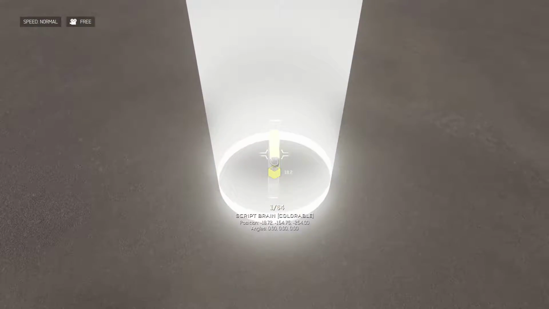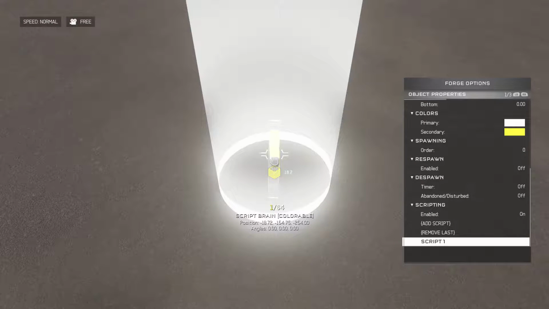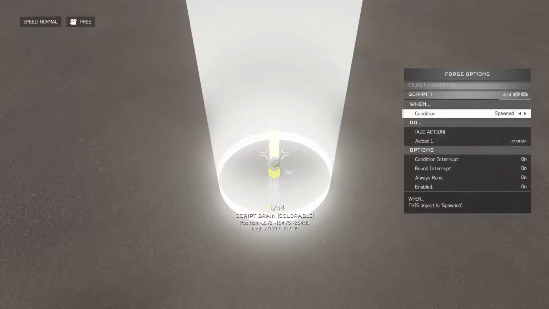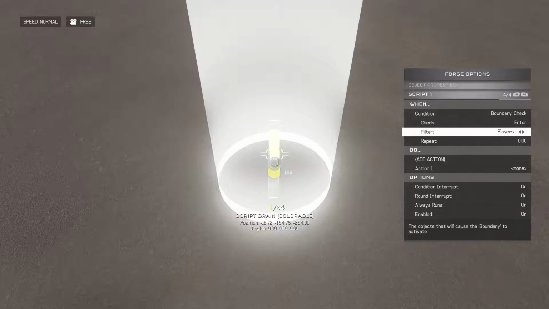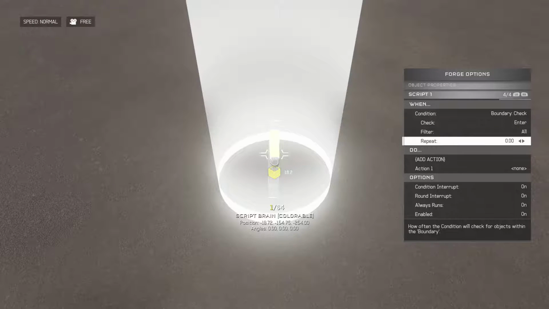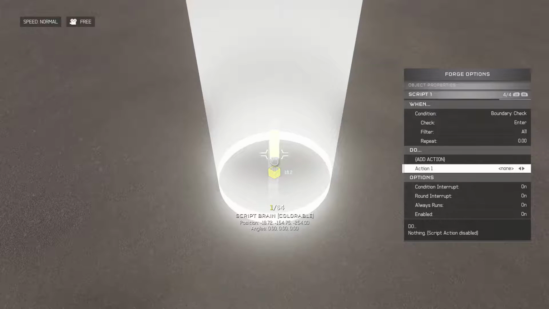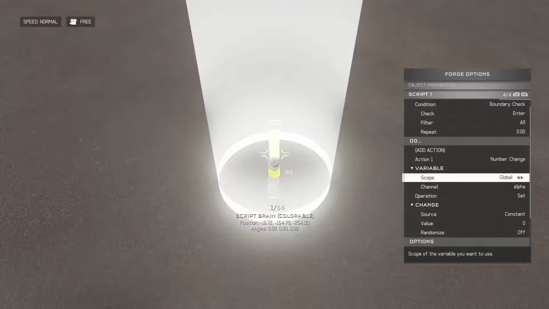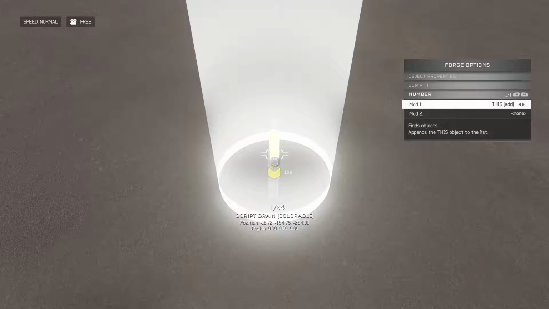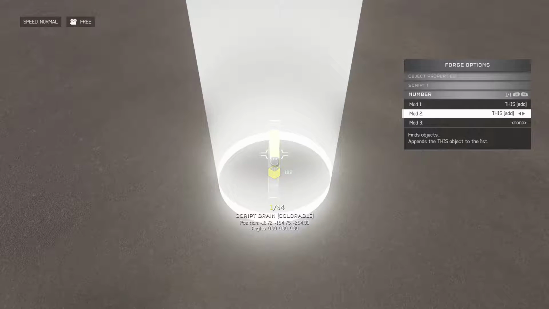So now, when a player passes through this, on boundary check, enter. I'm going to say all, because I like all, and that way it allows me to use objects to test things. When an object enters this, we're going to number change on some object, and this is where we're going to set the children. So we're going to add this children,